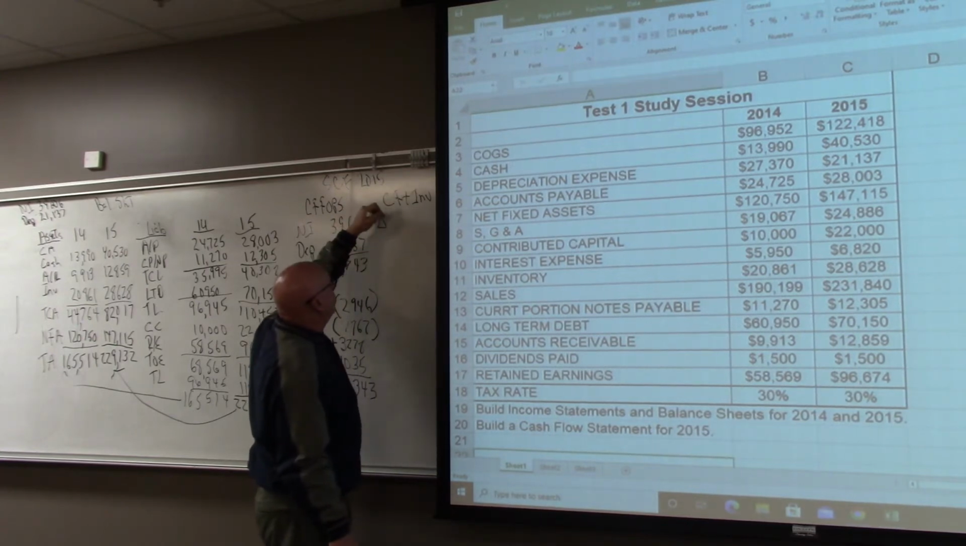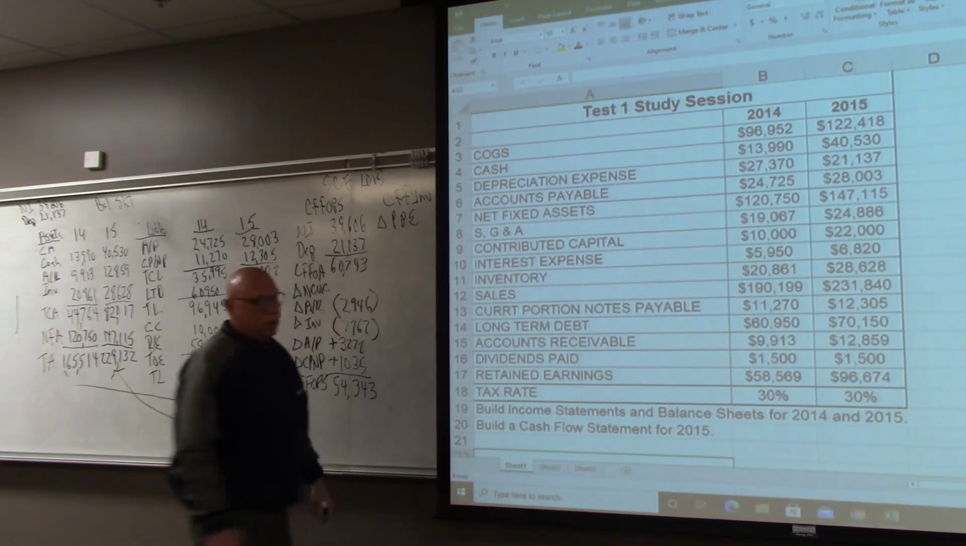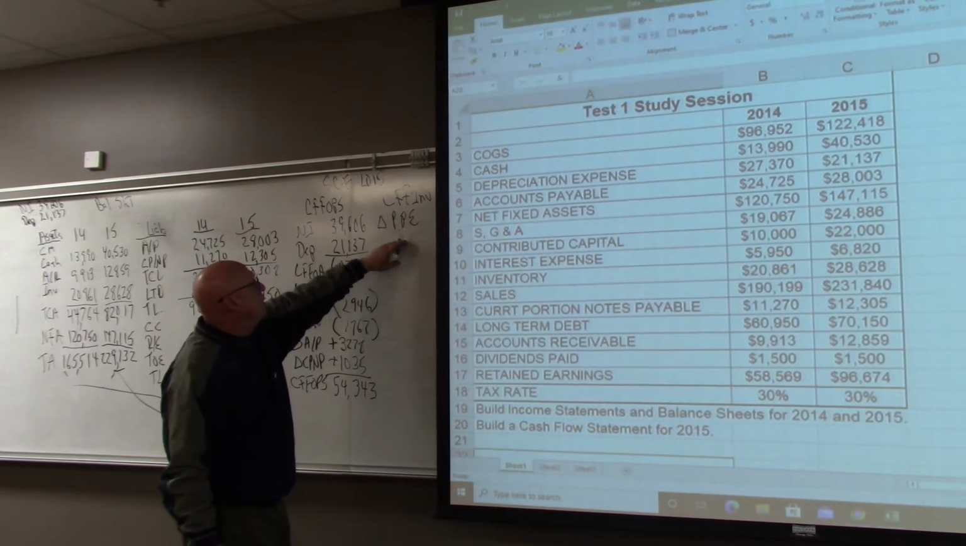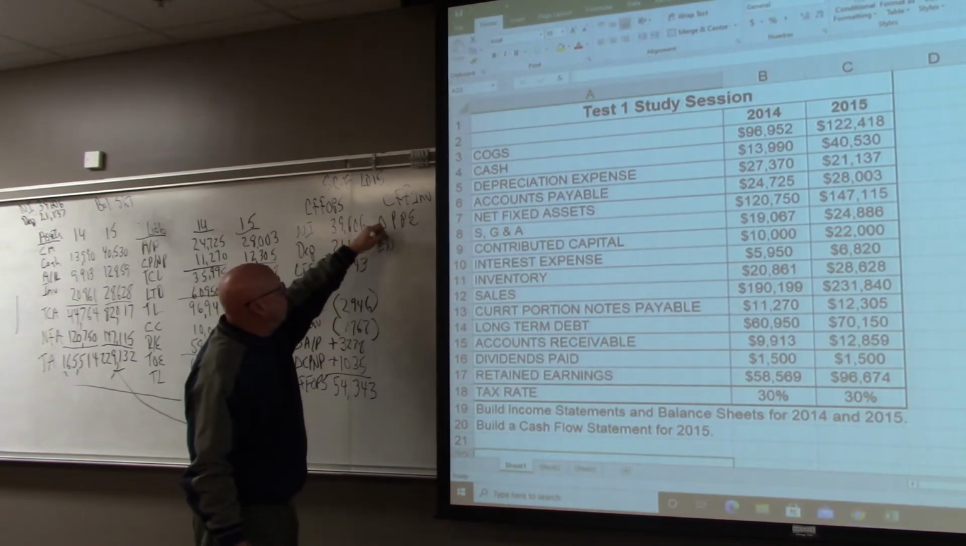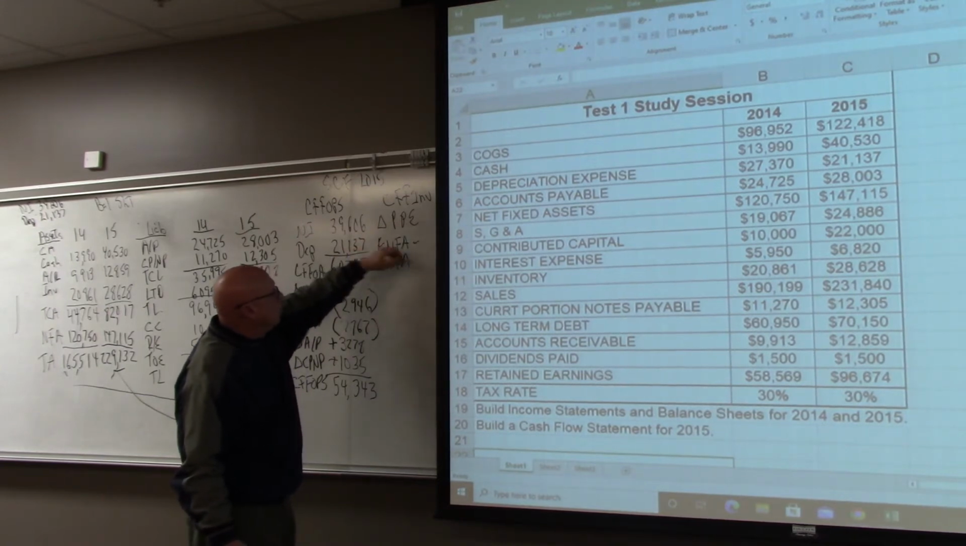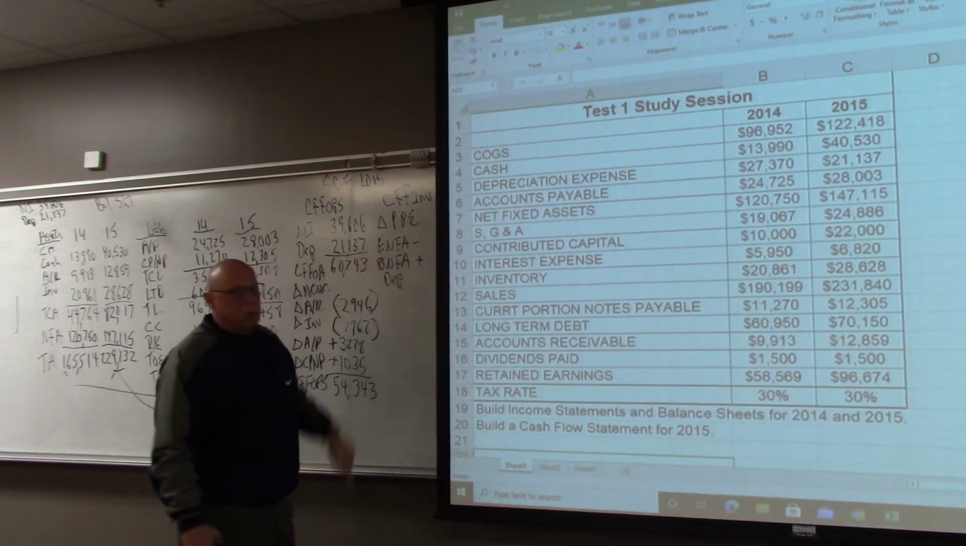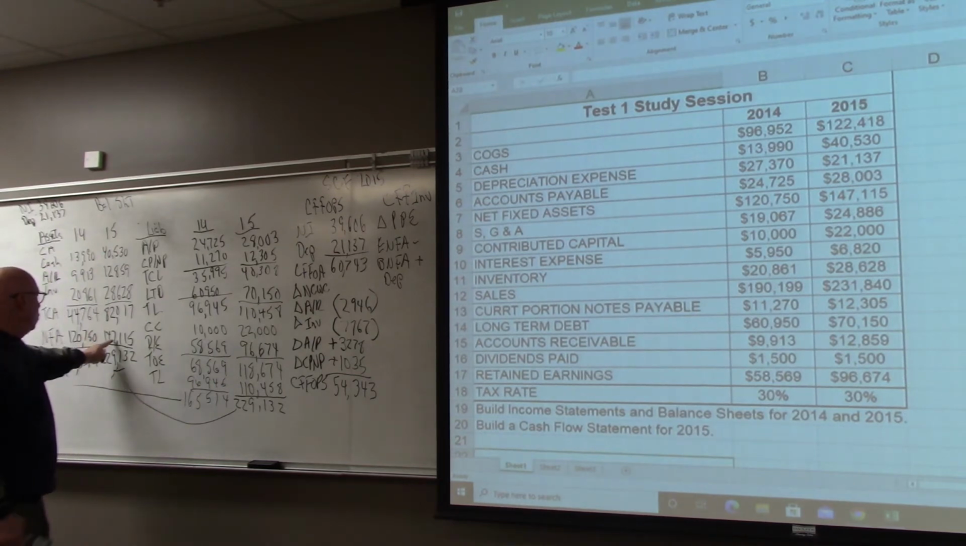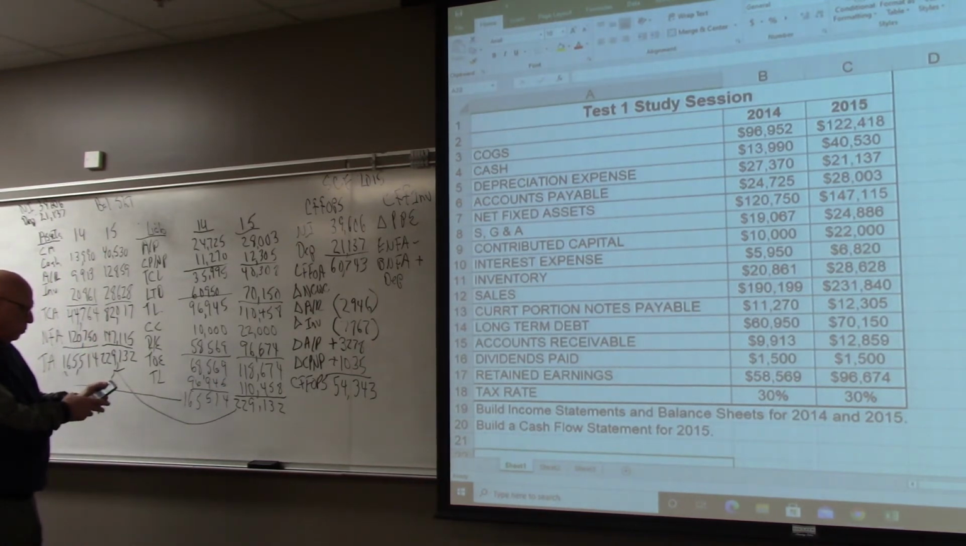And that is the change in property, plant, and equipment. This cash flow from investing focuses on property, plant, and equipment. And that's ending net fixed assets minus beginning net fixed assets plus depreciation. All right, that's what that is. So ending net fixed assets is 147,115 minus beginning 127,50 equals, it's a positive number. Then we're going to add back depreciation expense plus